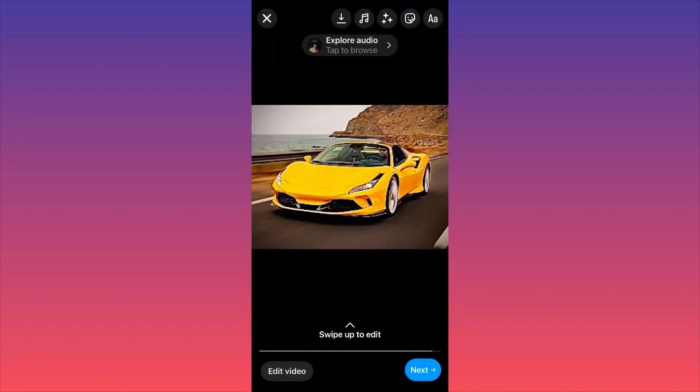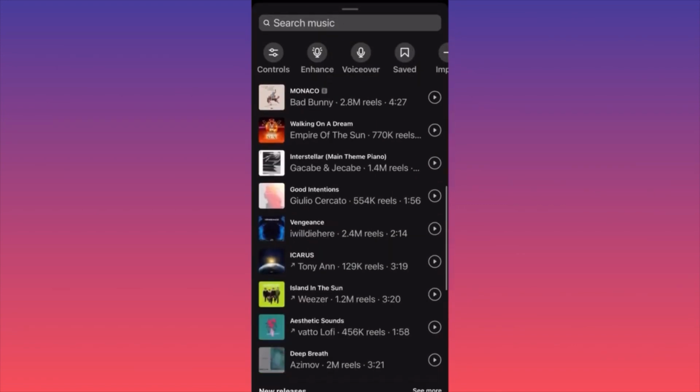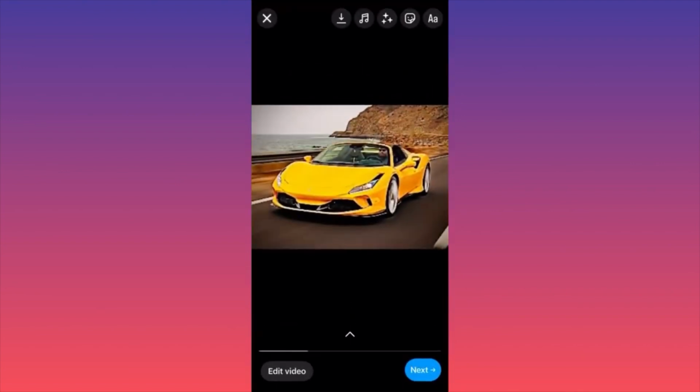out of it. Okay, so the first thing I want you to pay very close attention to is the upper settings. So first of all, if you click on the first one, you will be able to download the actual reel in this particular setting before you edit anything. The second one is essentially if you want to add the music, sounds are over here. You can essentially pick from what is currently trending and you can actually search by the title.